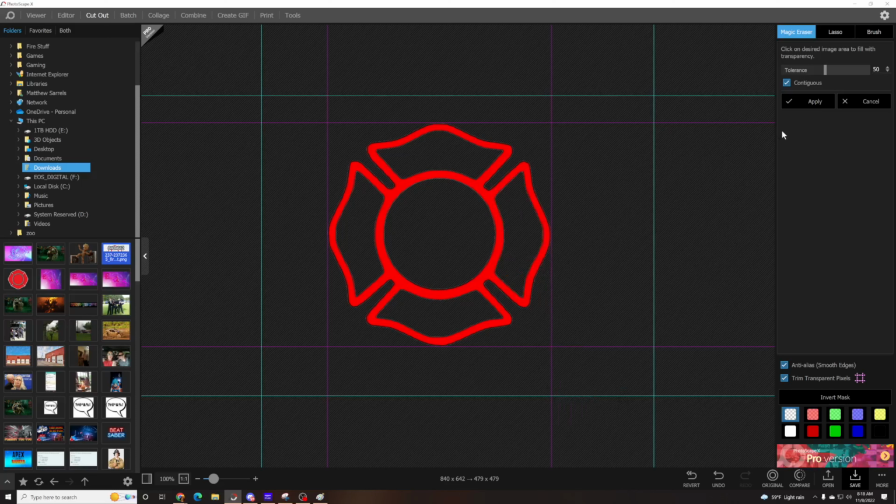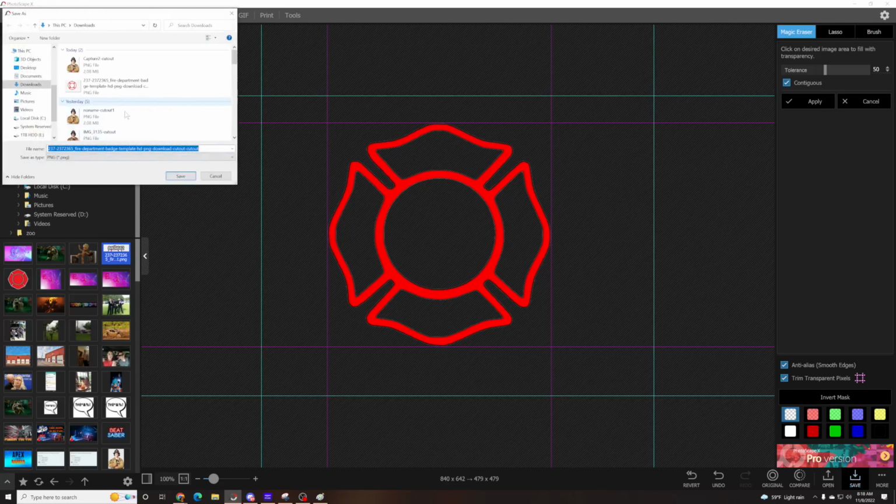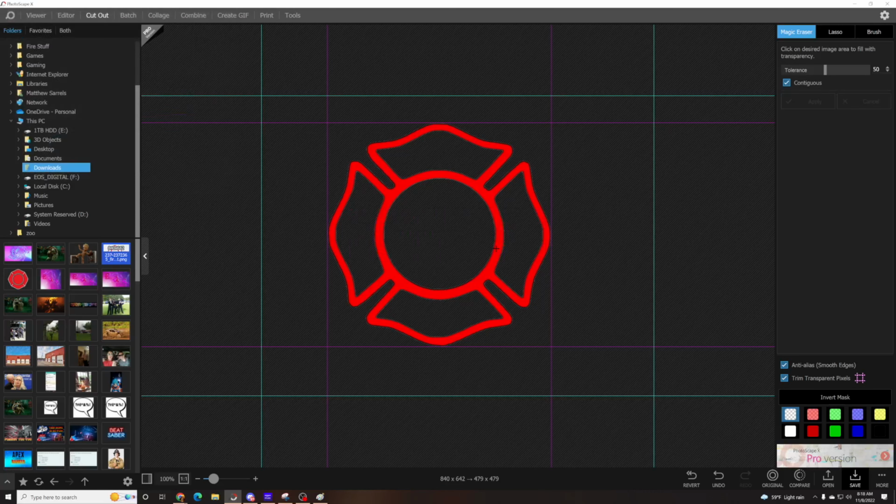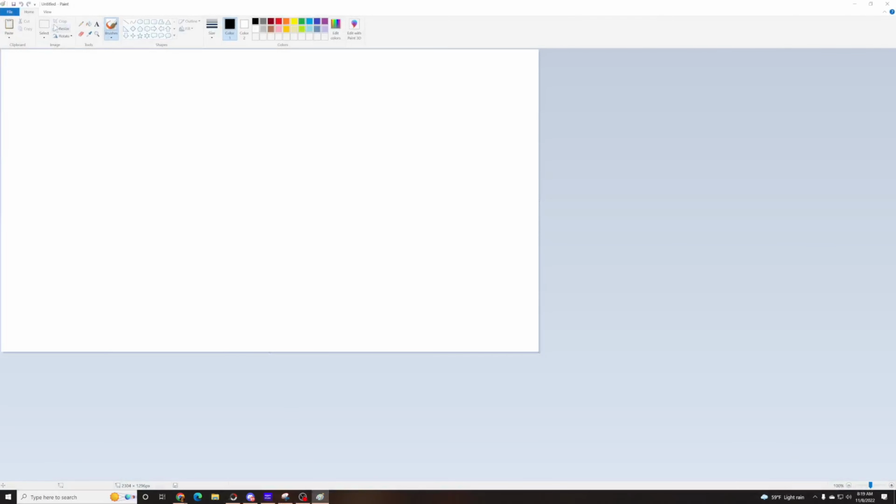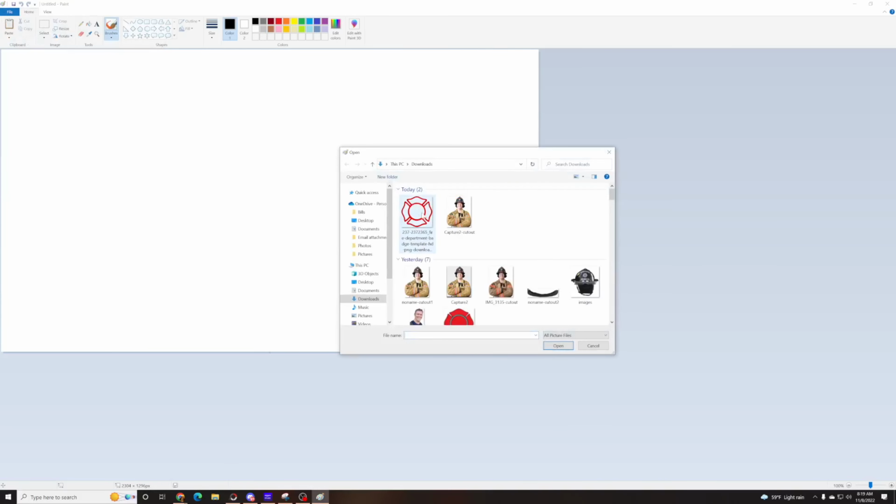Basically you're just trying to make this transparent so that you can edit over top of it, between it, whatever you've got to do. I always like to save over top of the downloaded file. That way I don't have duplicates of so many files on my computer, which I already have way too many. I'm going into Paint right now